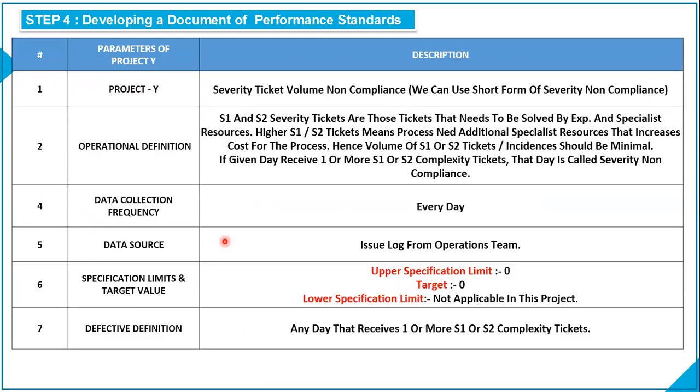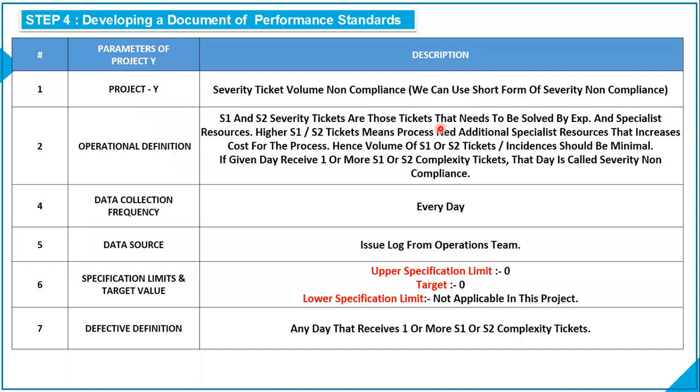this is the document they prepared. So project Y: severity ticket volume non-compliance. We can use the short form, severity non-compliance. Now, what is the operational definition of project Y? S1 and S2 severity tickets are those tickets